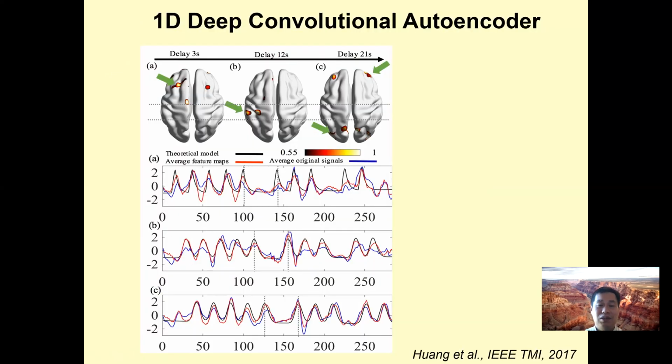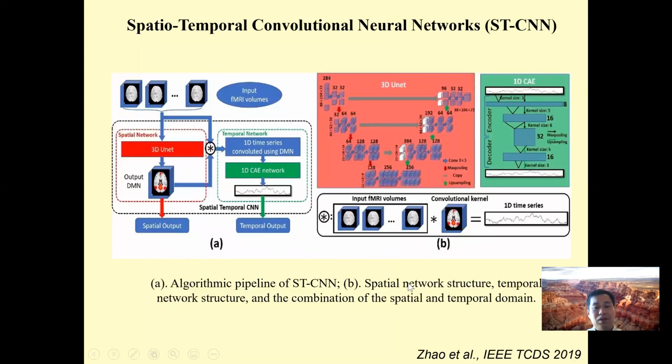Okay, so that gives us a lot of confidence in using deep learning models to represent fMRI time series. I think this paper is one of the early efforts in this field to model fMRI time series using multi-layer deep learning models. Then we looked at how to treat the fMRI data as 4-dimensional in nature, so we developed a new spatial temporal convolutional